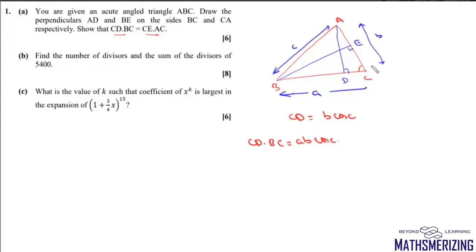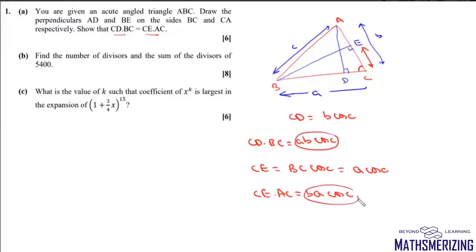Now in the same way we'll find CE. CE is the projection of A on this side AC. So CE will simply be BC and again this angle, which is C. So it will be BC cos C or A cos C. Now we need to find CE into AC. Now CE into AC will be A cos C. Now what's AC? AC is simply B. So both these values are AB cos C. So from here we can say that CD into BC is equal to CE into AC, and that's your first